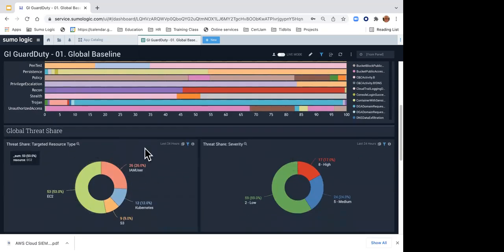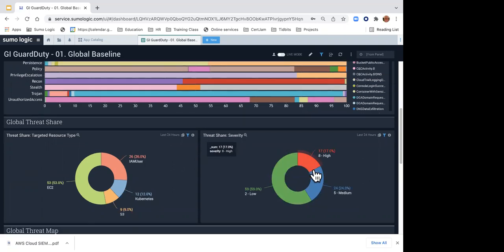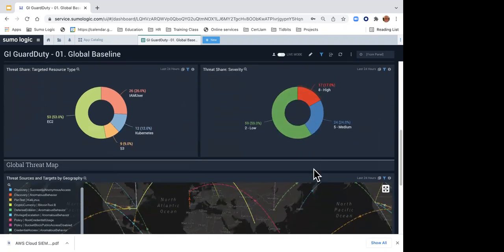Additionally, down here, I can also see what happens if I combine my threats and look at them by broad categories. How many of these threats are IAM user type threats? How many of these are Kubernetes threats? How many of these are EC2 threats, S3 threats? So I can get a sense here for that sort of thing. Now, again, this is globally across all of AWS GuardDuty. This is what they're reporting. Down here under my severity, I can see how many of them are marked low, medium, high, to get a sense for how well I can sleep at night.